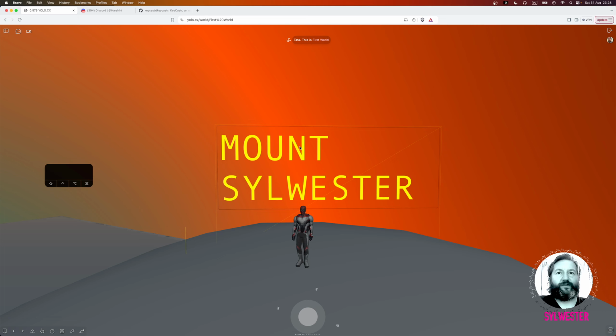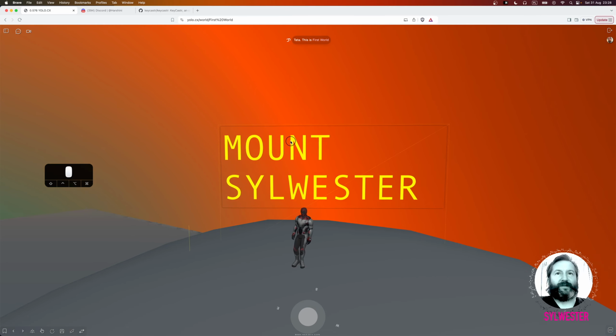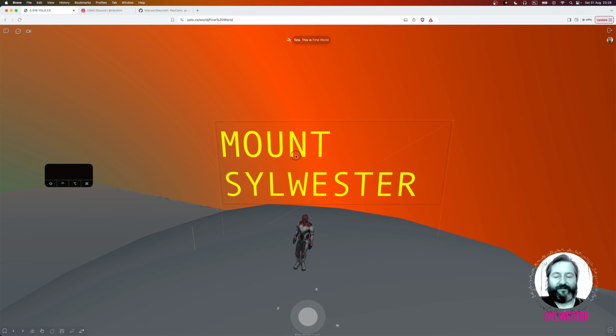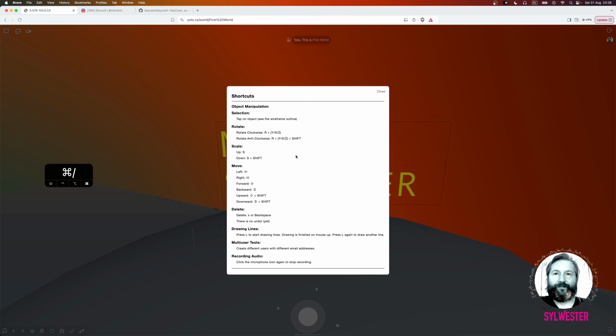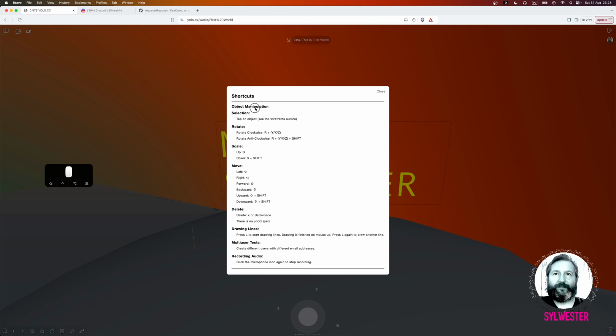So for instance, when we've got this signpost, Mount Sylvester, we can do some manipulations like changing its position. All the shortcuts are available through command backslash, as you can see. When you press it twice, it closes, or you can just close it by clicking here. So for instance, all the object manipulations,